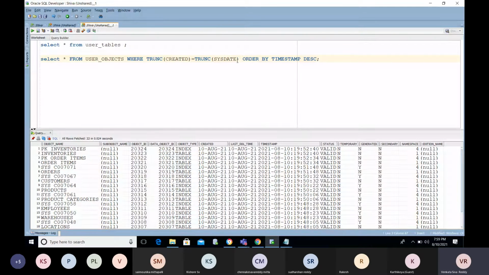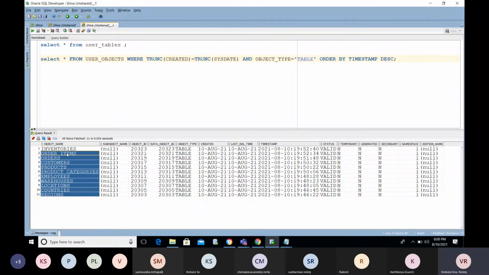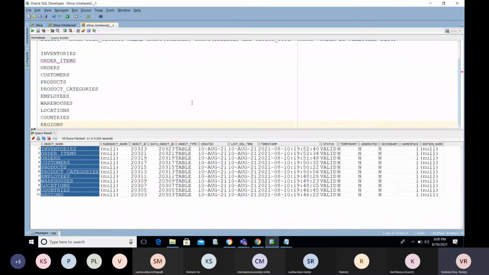In user underscore objects, I will get all the objects, so I can take the object type as table. Okay, now I created these, and all are tables. First I created the region table and the countries and all those. These are the different types of tables. You need to remember, the interviewer may ask what tables you worked on.